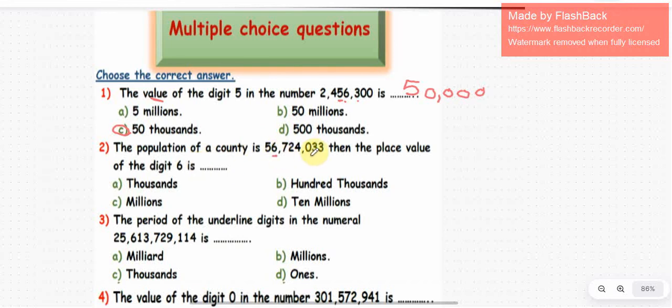Okay, before we start, we write 1,000 under the comma and million. So place value means I need the word. So this is million. So I have to choose million. Question 3: the period of the underlined digit in the numeral. This is the underline. When I read the number